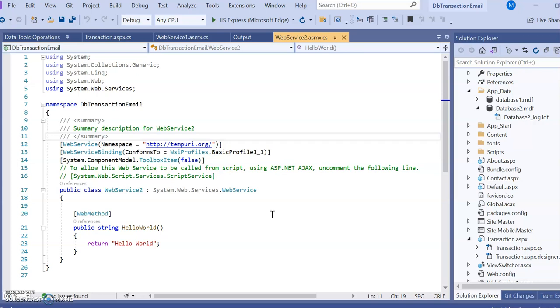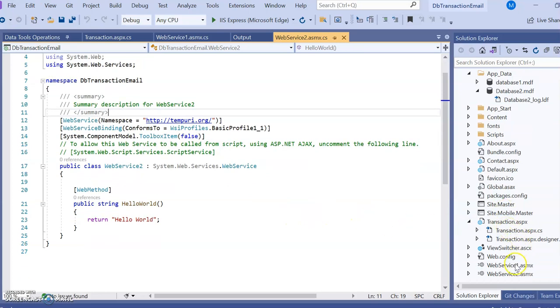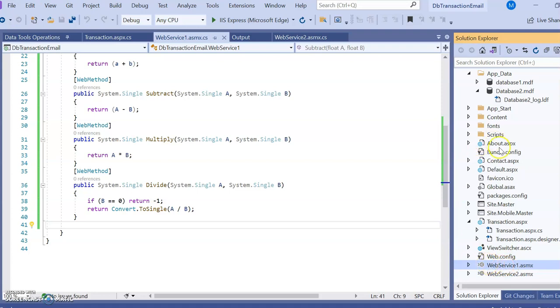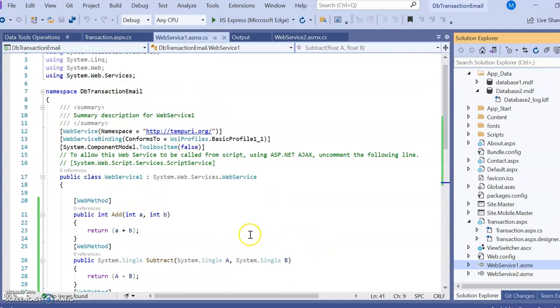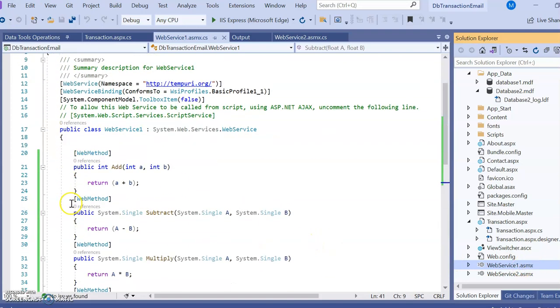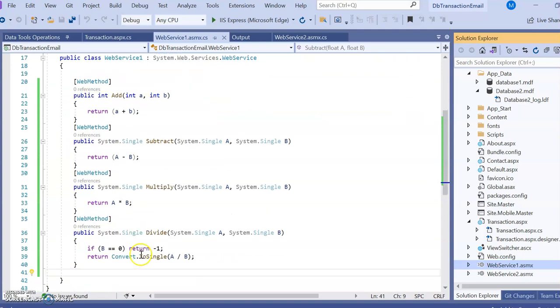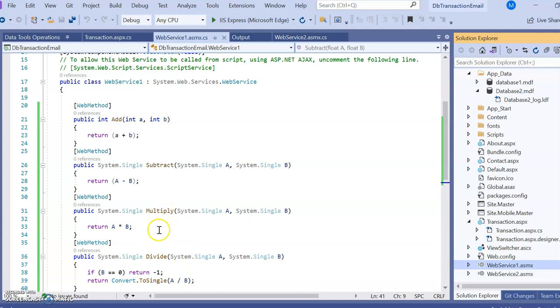We will see one output of the program. Here I created web service 1.asmx. I just showed you how to add it: add new item, search for the ASMX web service file, and add that web service. So web service 1.asmx has been added. In this class we have to write the different methods. I have taken this code from the Microsoft documentation.